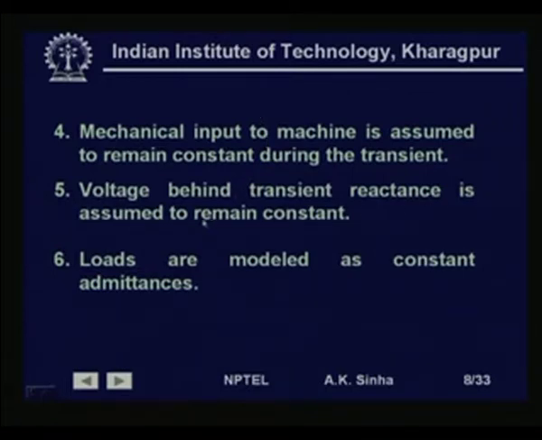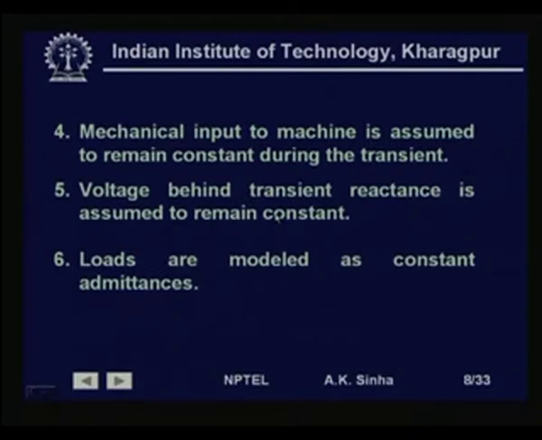Voltage behind transient reactance is assumed to remain constant. Now, this assumption says that automatic voltage regulator action we are ignoring. That is, the automatic voltage regulator of the generator will try to keep the terminal voltage constant, thereby increasing the excitation, and so the voltage behind the reactance. However, we are assuming for this time frame that the effect of the automatic voltage regulator is neglected, though in practice this is not true because automatic voltage regulators are generally very fast acting,